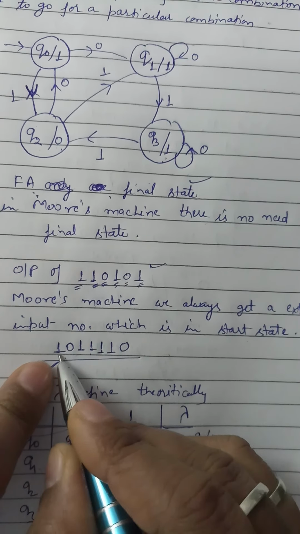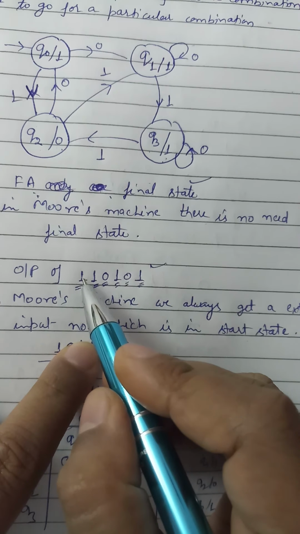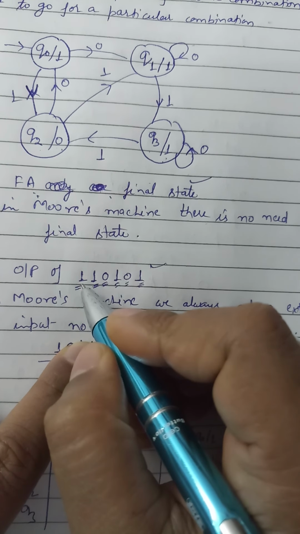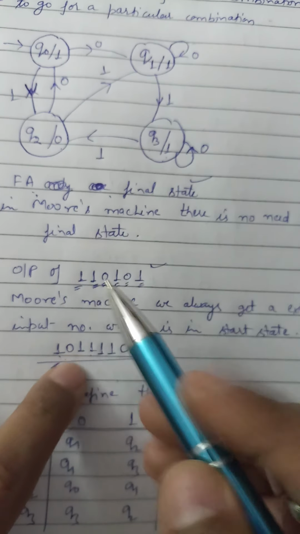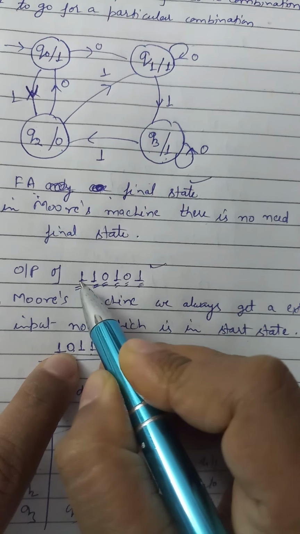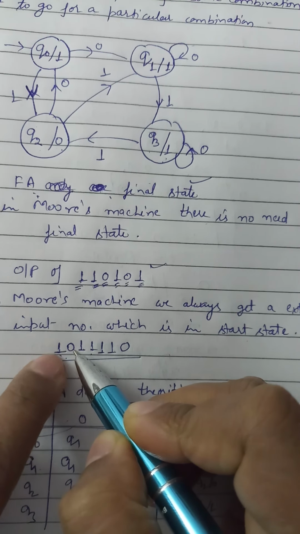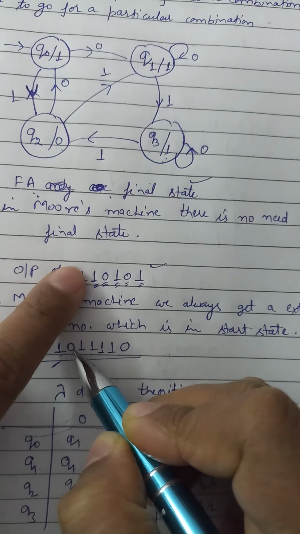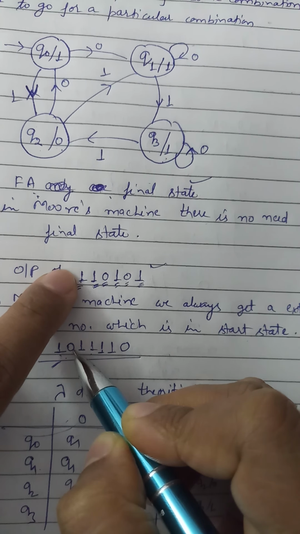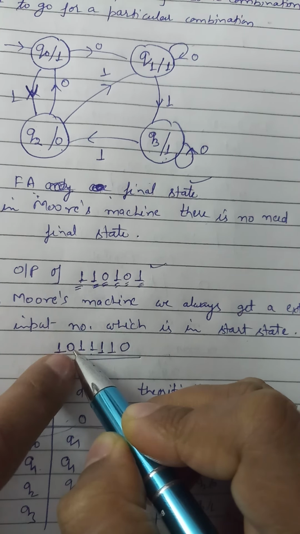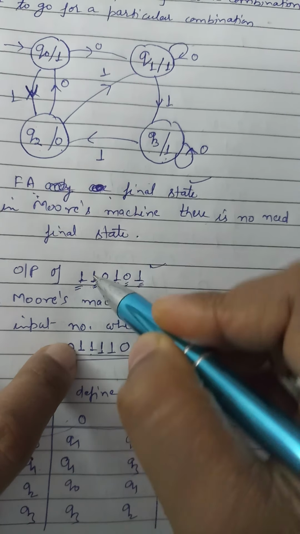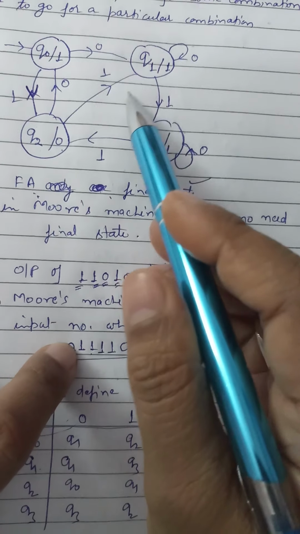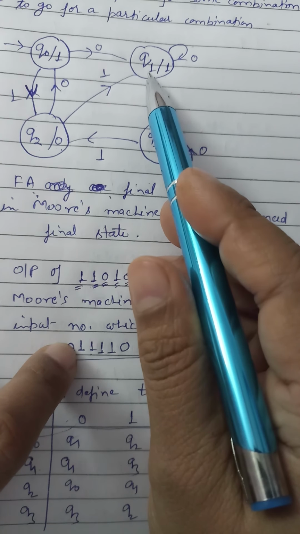So we write here 1. After that, we are moving from Q naught on 1, then we will reach Q2. So what do we have in Q2? We have 0. So we will write 0 here. So these are 2 bits. One is the starting state, and for the first input from Q naught we are getting 0. Now from Q2 on 1, because the next input is 1, where are we moving? We are moving to Q1.